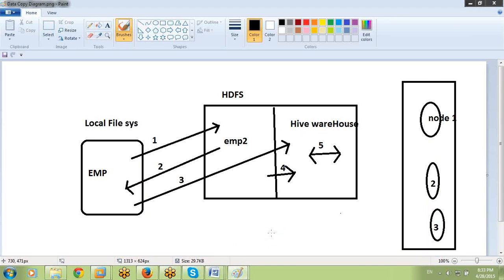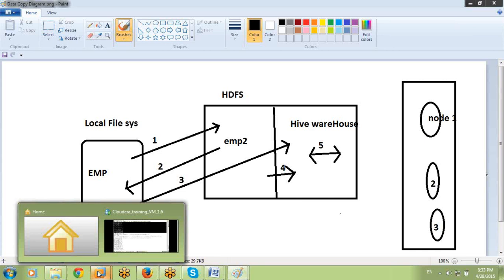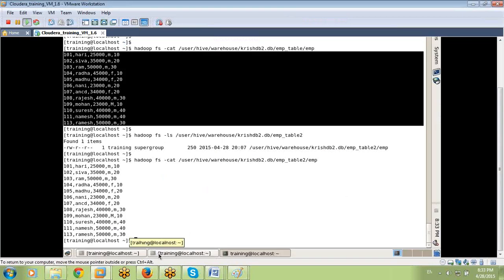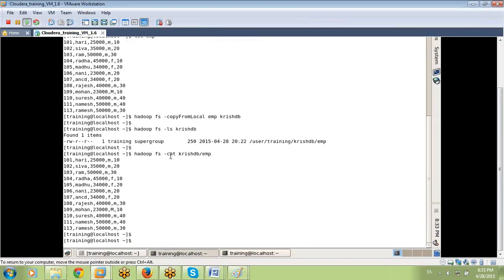Only cut paste. Let's see it practically also. Previously we copied the emp file under Krish DB in HDFS, and we loaded this emp file into our Hive table. Hadoop fs -ls Krish DB displayed this file. Let's say I run the same query again, Hadoop fs -ls Krish DB, enter.